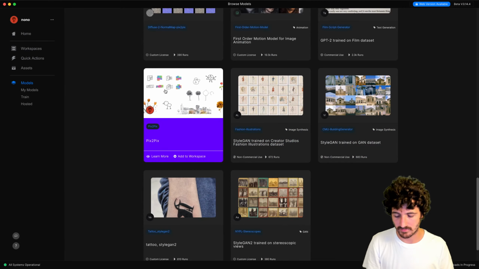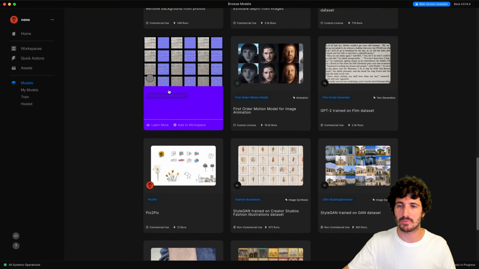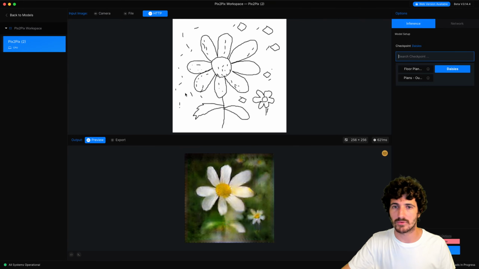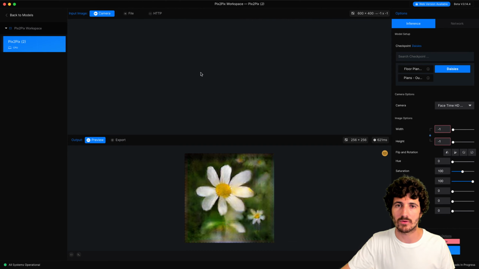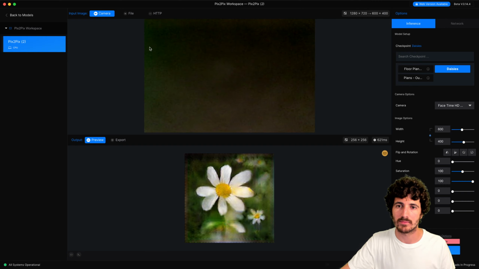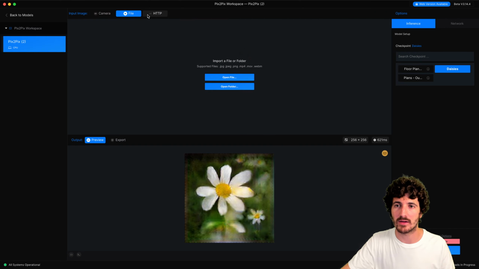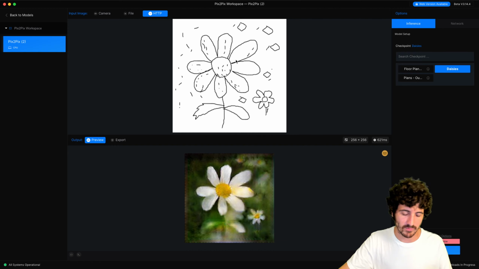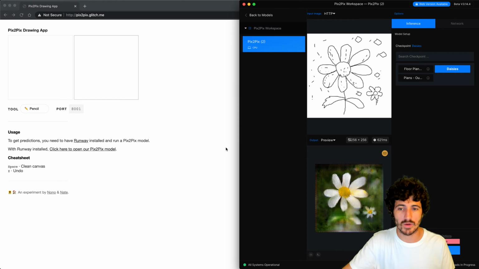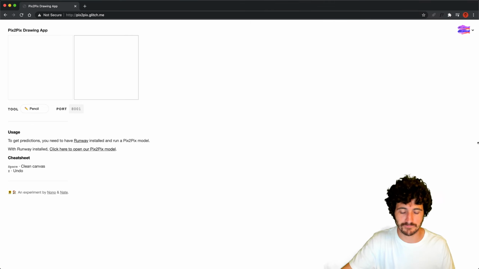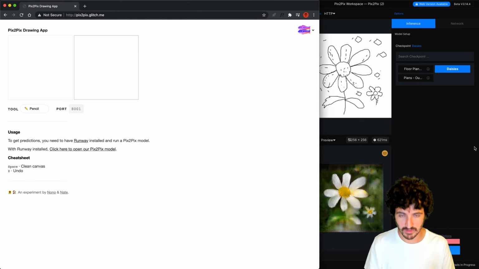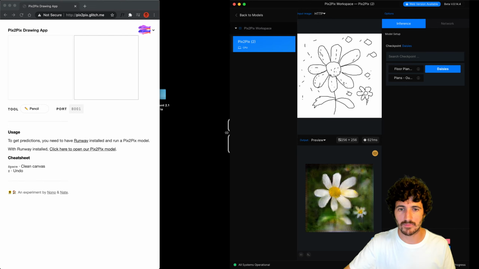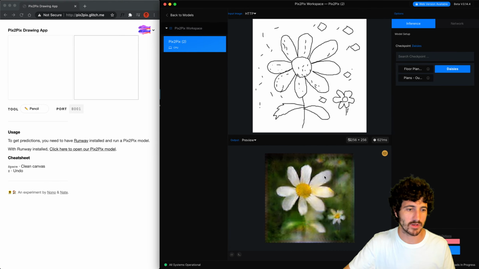So there's this Pix2Pix model that Nate and I exposed, right? And I have a workspace for it already. So how does this work? We could get images from the webcam directly and perform operations there. We can get images from disk, or we can get images from an HTTP server. In this case, what Nate and I were trying to do is to have this application here be a drawing app for interacting with Runway